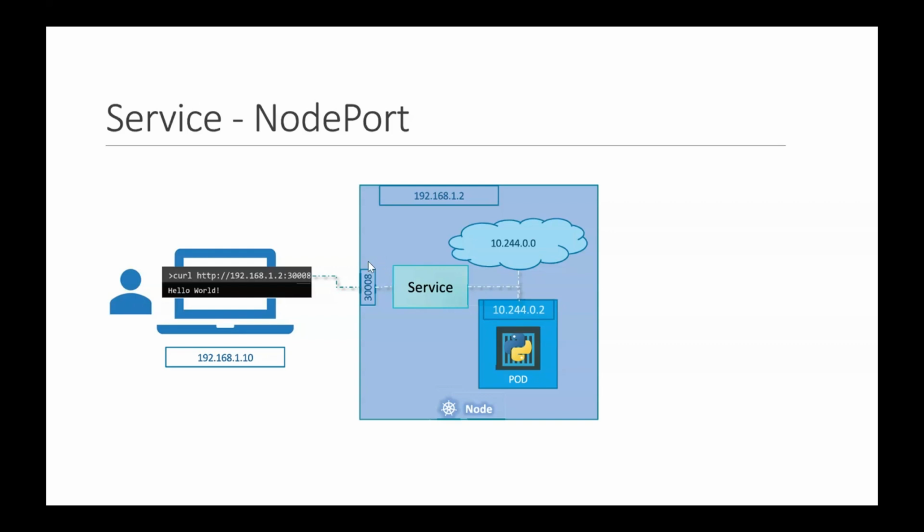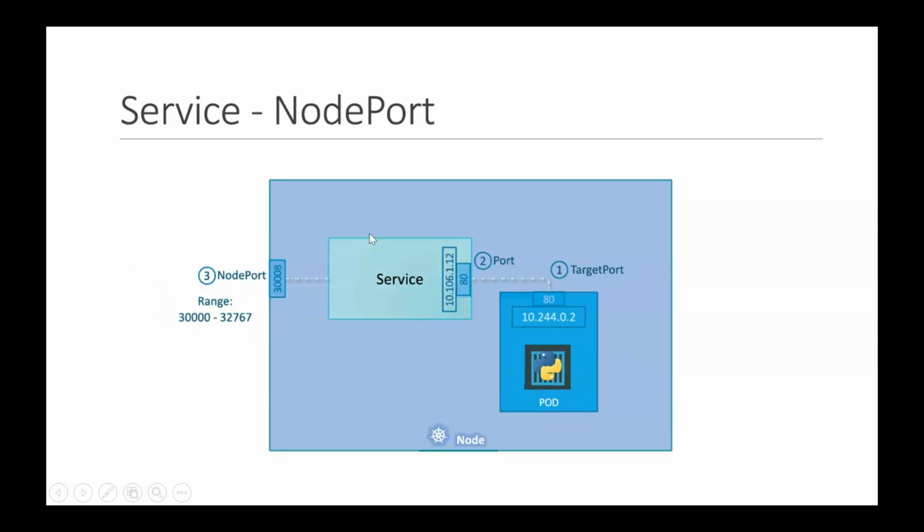In case of node port, you can see this is the pod and this is the pod IP address, and we have created a node port service here. Here you will have to provide the service port and target port. And there is also something called a node port, that is the port assigned to the worker node. If you see the detail in here,